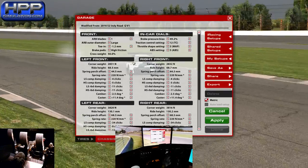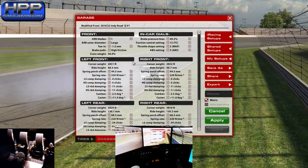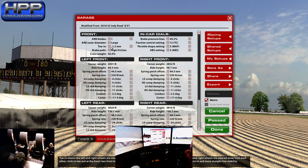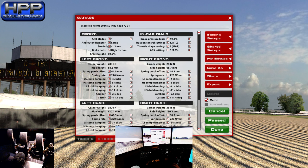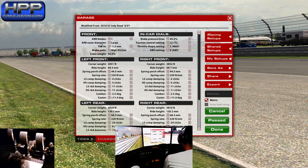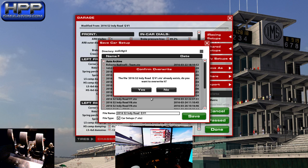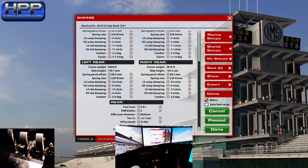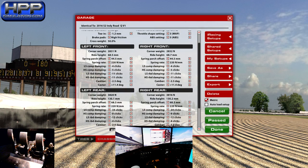This is the kind of stuff that annoys me with iRacing, is they don't explain it. Like, they need to give us a chart, and it needs to show us what each roll bar equals as far as overall stiffness. Because until they do that, then you just have to sit there and spend a couple hours of testing, which, I mean, could honestly save you a lot more time if they just helped us out a little bit more. Because I know they have that data, but we'll just have to keep chipping away on iRacing. Hopefully one day they'll give us a little bit more data that helps us and able to tune the cars and stuff. But it was a good quick little session on